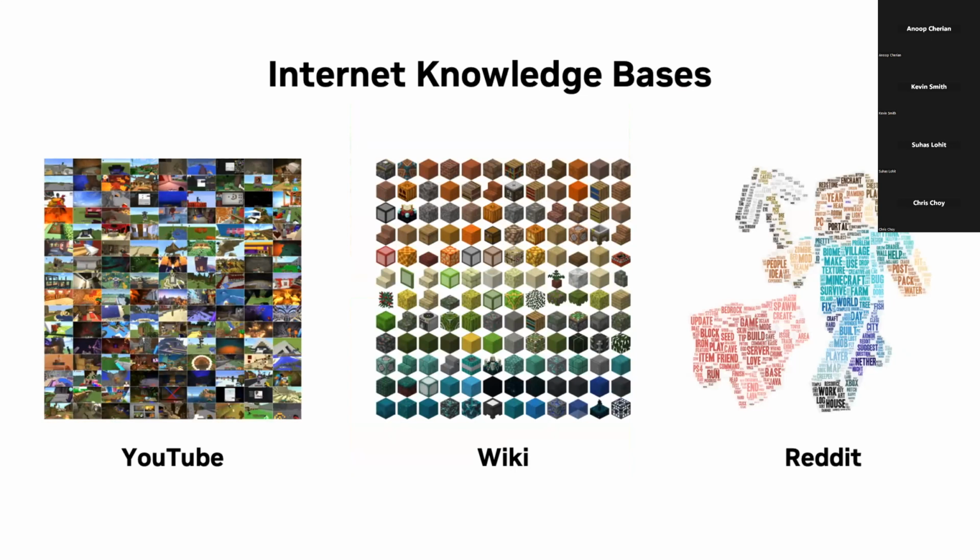And Minecraft is a big, very popular game, and there's a lot of YouTube tutorials on how to do things in Minecraft, and then we use these kinds of videos to create this dataset. A second one is Wikipedia pages. So Minecraft is a pretty complex environment, and it requires a lot of diverse knowledge, and the people, of course, the community created this Wikipedia so that they can look up and then learn how to do things. And the third one is Reddit posts and replies,